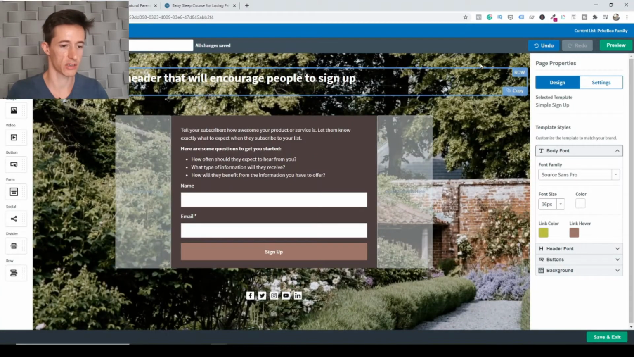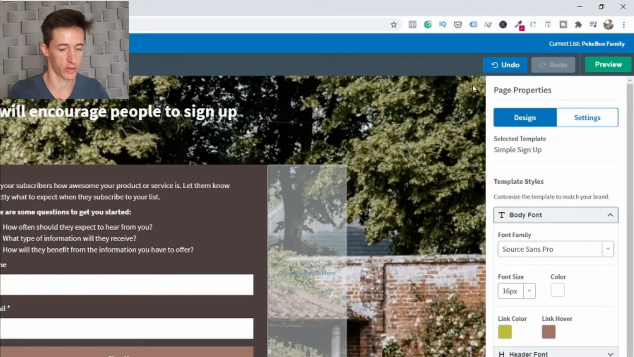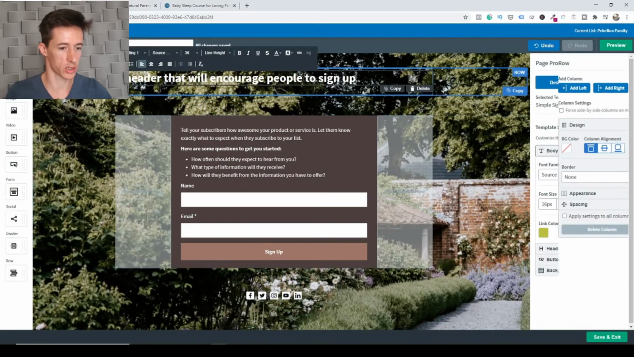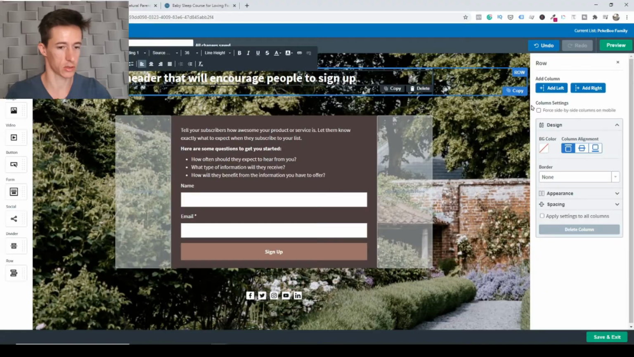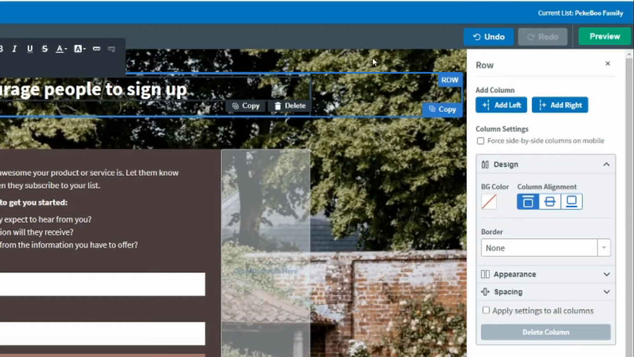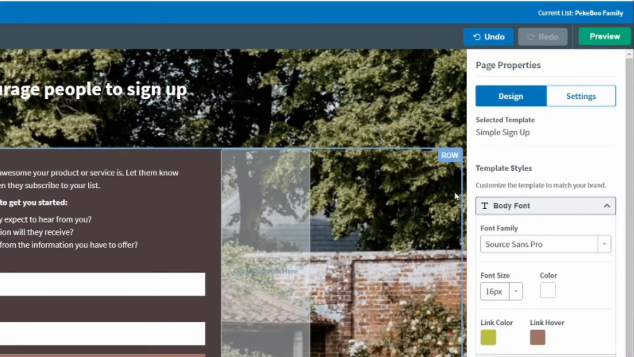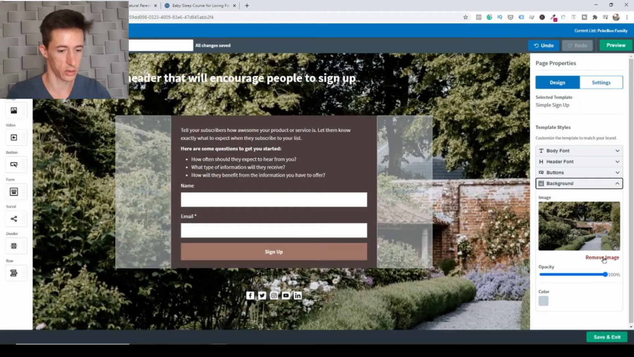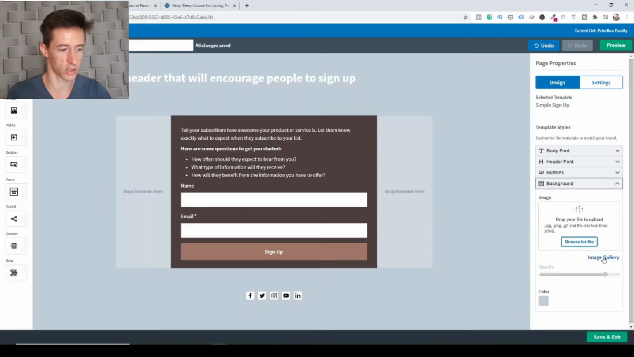So if you have anything selected, just unselect, click outside of everything, just click on the background, and you will see these page properties. Or otherwise, let's say we have this selected, you just click outside here, and now we are back in the main page properties. You can see here background down at the bottom, and you can remove the image straight away like this, and